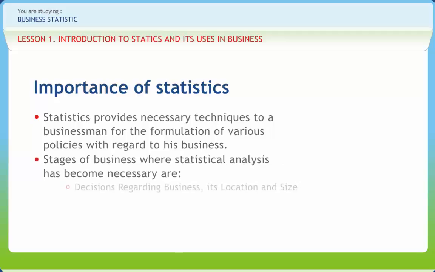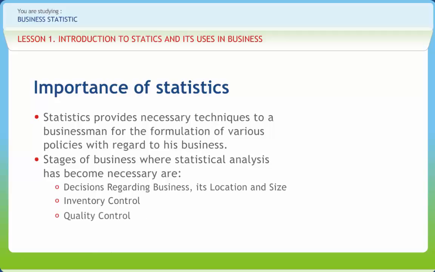First, statistics can also provide certain guidelines which may prove to be helpful in deciding the possible location and size of the proposed business. Second, the optimum limit of inventory, that is the minimum and maximum amount of stock to be kept, can be decided by the statistical analysis of the fluctuations in demand and supply of the products. Next is